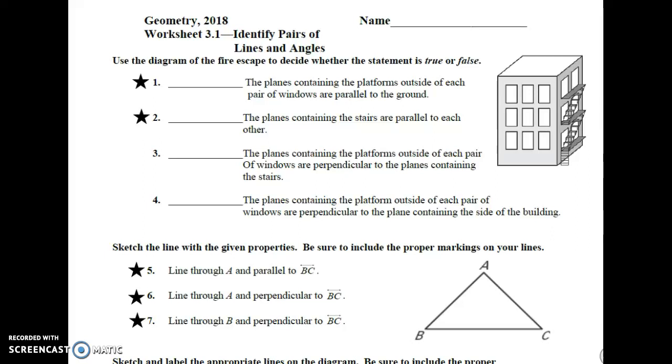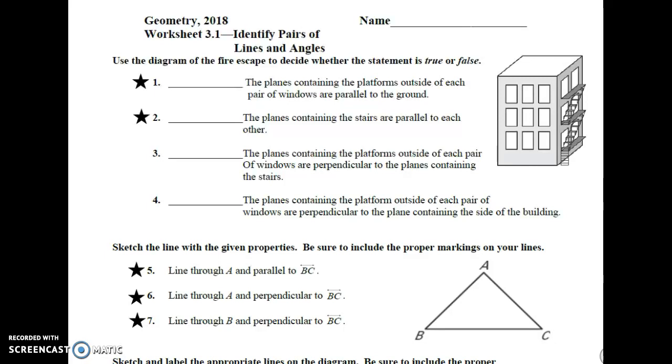All right, we're going to start working on worksheet 3.1, identifying pairs of lines and angles. This is where we talk about all our special angle pairs: alternate interior, alternate exterior, consecutive interior, and corresponding. We're going to start with questions 1 and 2, talking about the diagram on the right, the apartment building, just